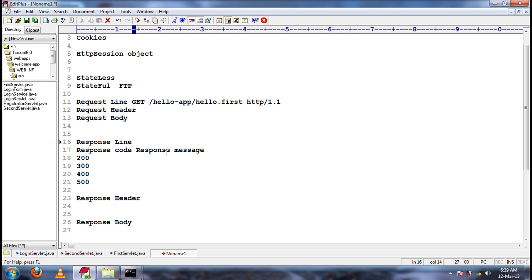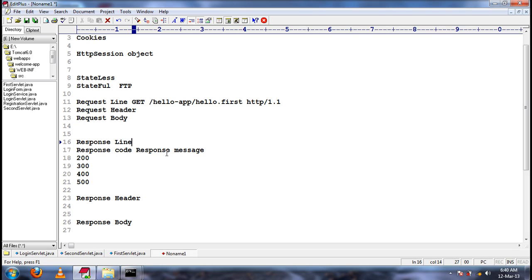And from the next request onwards, the browser will make all those cookies available in the request object in the form of a request header.